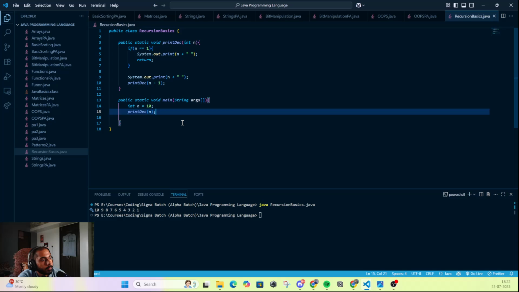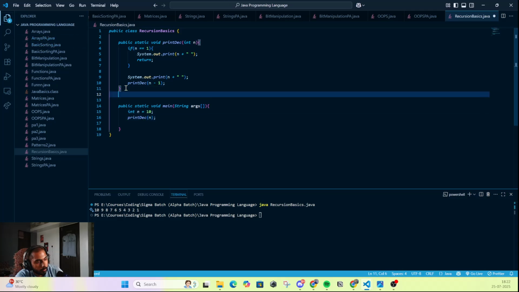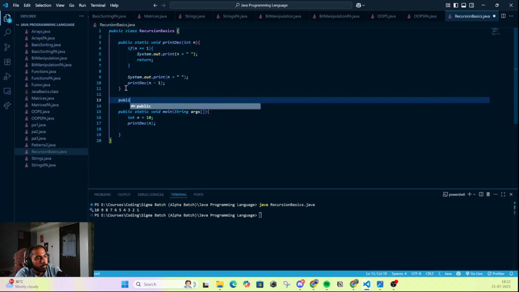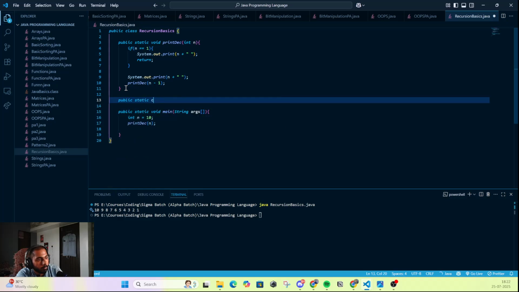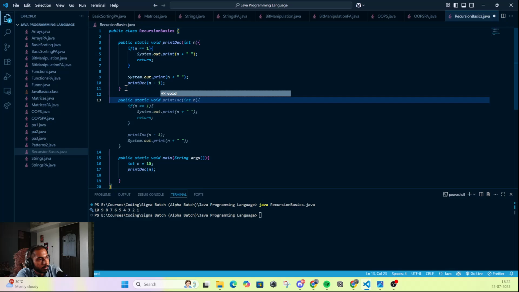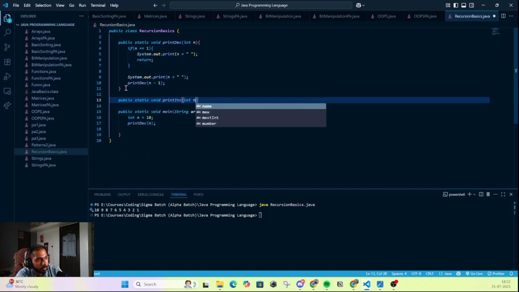Okay, let us just make another function, public static void print inc int n.